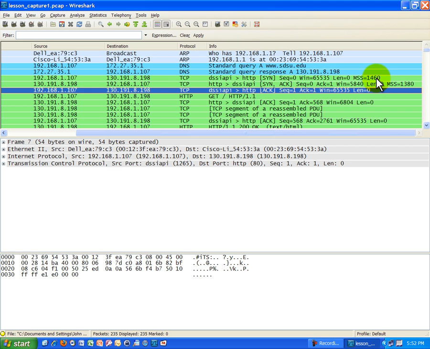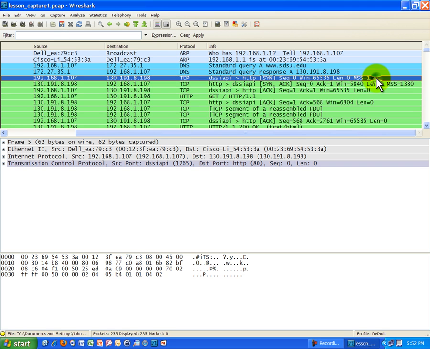That's all the overhead involved in getting the packet delivered to its destination. What that MSS is talking about is the actual payload. It equates basically to putting a letter in an envelope and mailing it. The overhead are things like the envelope itself, the return address, the stamp, the sender address, that kind of stuff. That's all overhead. The payload is the actual letter that you wrote that you stuck in the envelope, and that's what this MSS is referring to, the actual payload, the actual data that's being sent in the packet from the